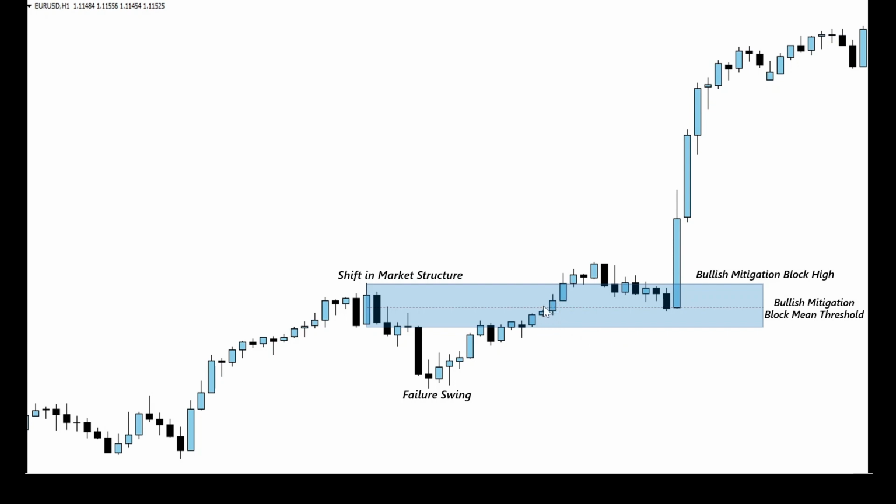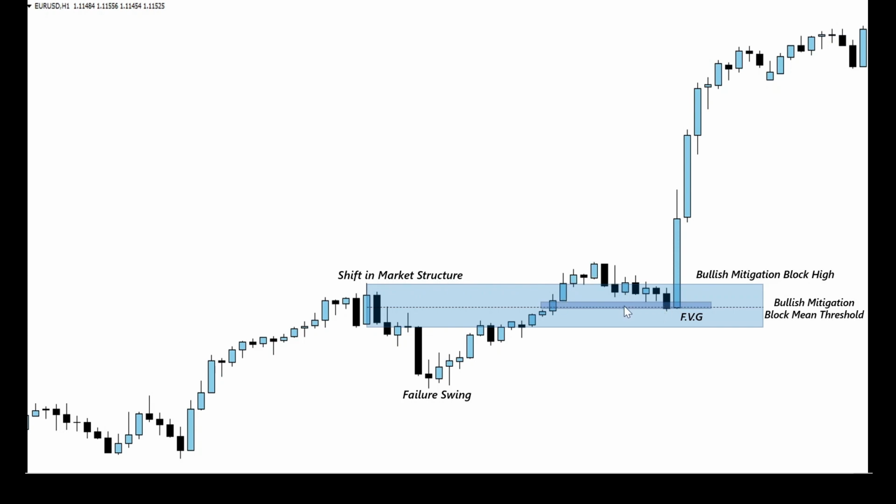As we can see, this candle's high and this candle's low do not intersect with one another, which leaves a gap right here called the fair value gap, or for short, FVG. So, as we can see, once price validated the mitigation block at this short-term high, we traded back inside